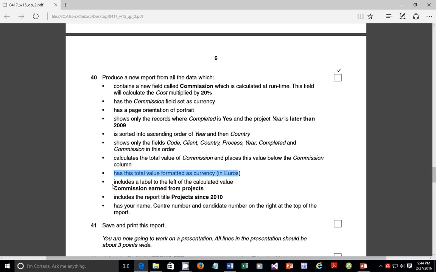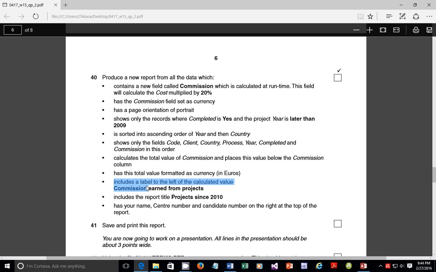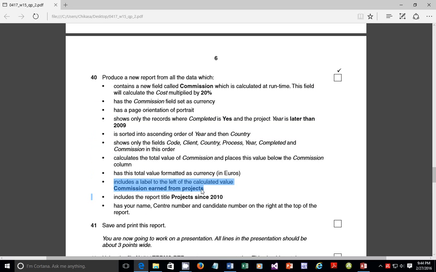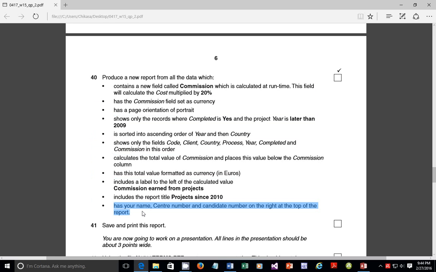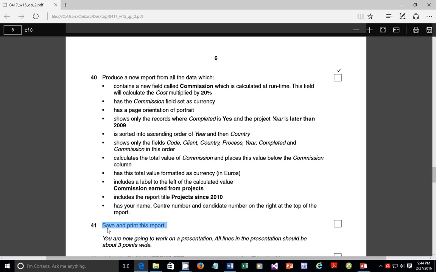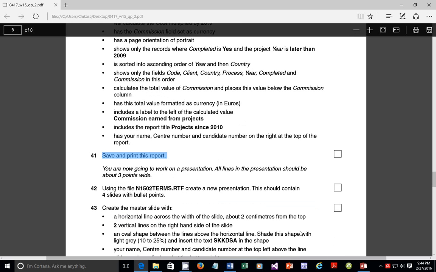I think that was the last thing that we were doing. Includes the label to the left of the calculated value and end from projects. We just did this one. So one I was resizing actually, and then includes the report title project 6 2010. We've done this one, and has your name, candidate number, and candidate center number on the top right corner of the report. We've just done this one. So we need to just save the report and print this report. Okay, and that should mark the end of